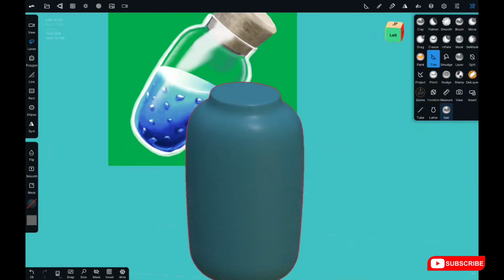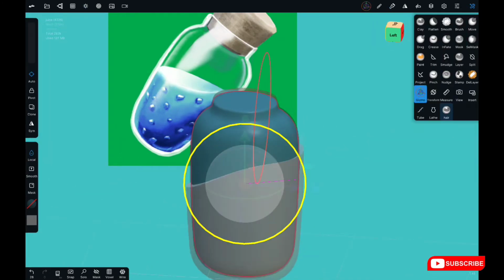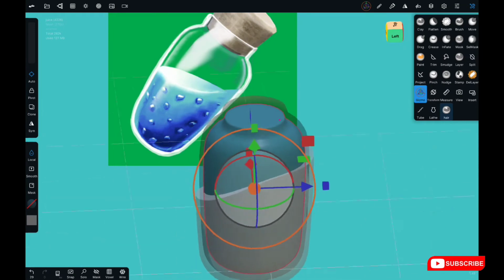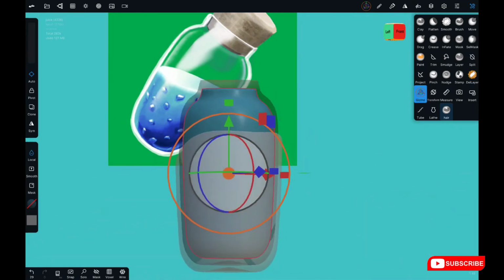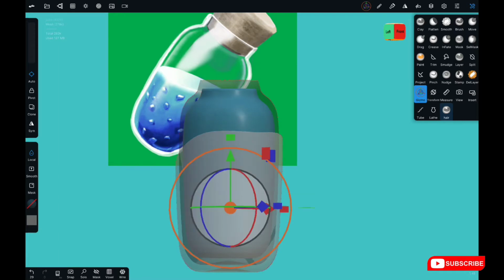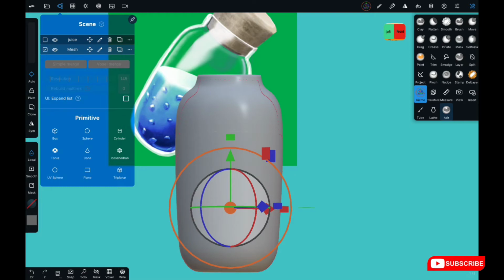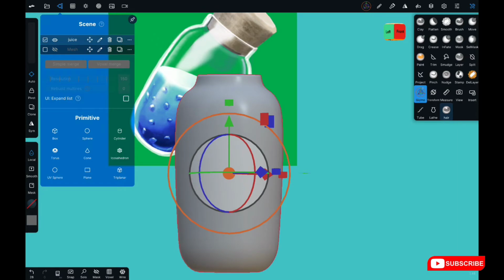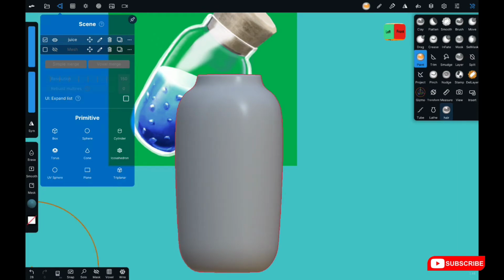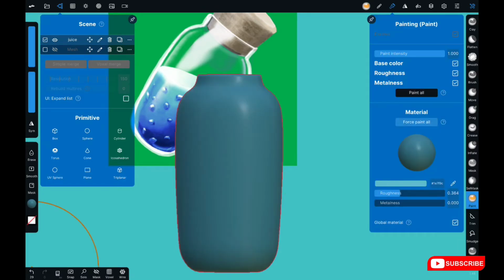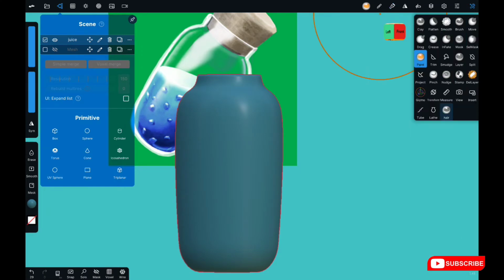I think I went the wrong way, guys. I did go the wrong way. So we're going to back up to the cut. So what do I got? I got juice, mesh. We're gonna hide that. Juice, we're gonna paint. Paint blue, force paint all. Okay, then we're going to